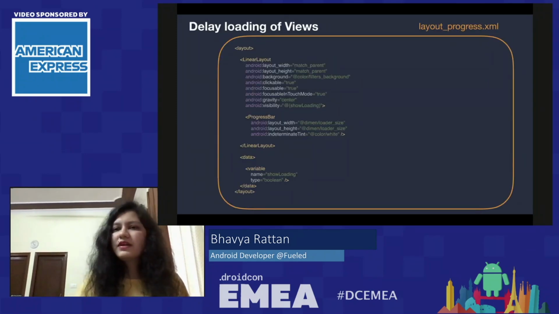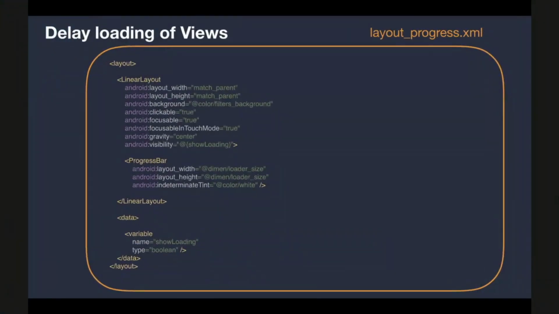Now, there could be a scenario where you do not want the views immediately in your application. Like you have laid out a screen and the user doesn't see that view right away when they see the screen, and you want to display the view in future based on user interaction. A very good example could be a progress bar that we don't want to show right away and want to show on tap of a button or some action performed by the user.